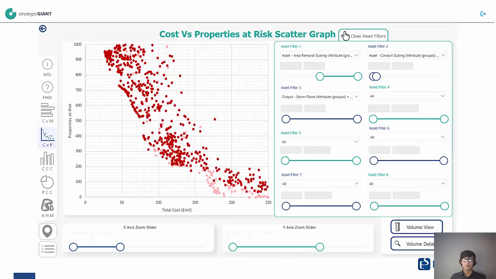Now, usually there should be other designs available. It might just be that the region becomes a bit more sparse, or it might be, as in this case, that option was actually quite important to achieve below around 200 properties at risk, and there'll be a significant kind of additional cost, perhaps from where our previous optimal front was around here to perhaps the next best solution available here. And okay, we might just accept that slightly more expensive solution,